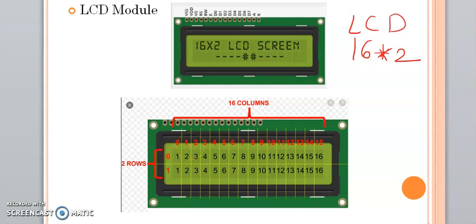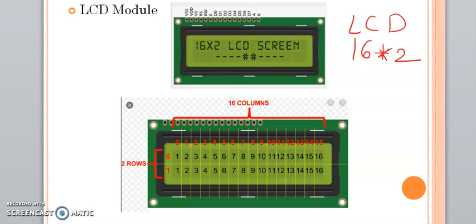So what are basically the features of this LCD module? Nowadays these LCD modules are preferred over LED modules or over 7 segment displays due to the characteristics of LCD, like it is very inexpensive and it is easy to use. The display appearing on the LCD module is smooth, and the configuration of LCD is also easy. So that's why the LCD modules are preferred over the other kind of traditional display modules.